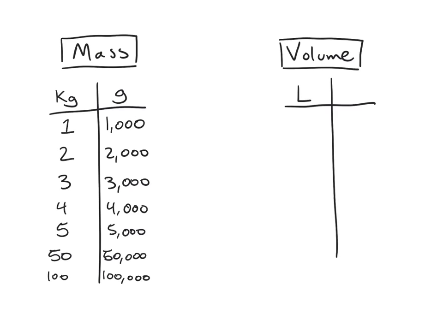and milliliters. Now it's a little bit different because our base unit, like for mass, our base unit was grams. For volume, our base unit is liters. It doesn't have any prefix here before it. But the relationship between 1 liter and milliliters is actually the same as kilograms to grams, in that 1 liter equals 1,000 milliliters. And what this allows us to do is to create a relationship table here